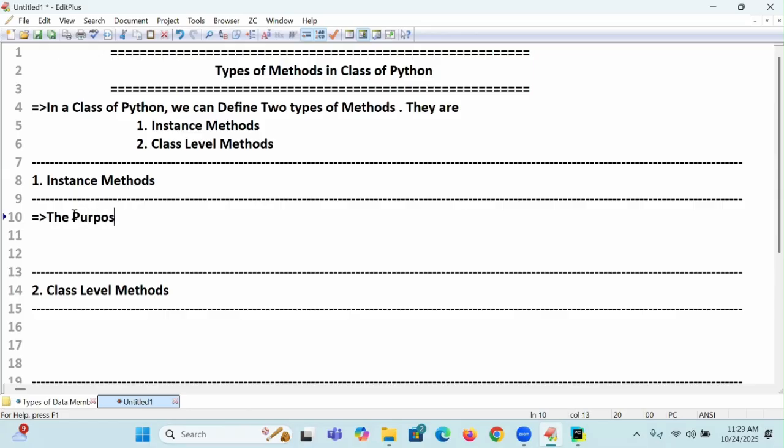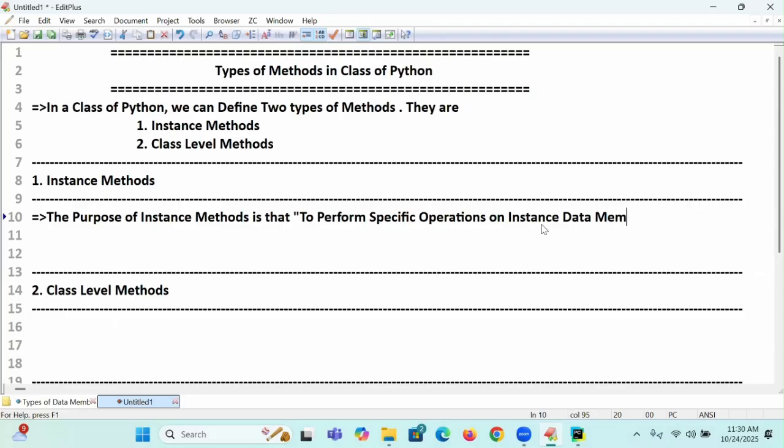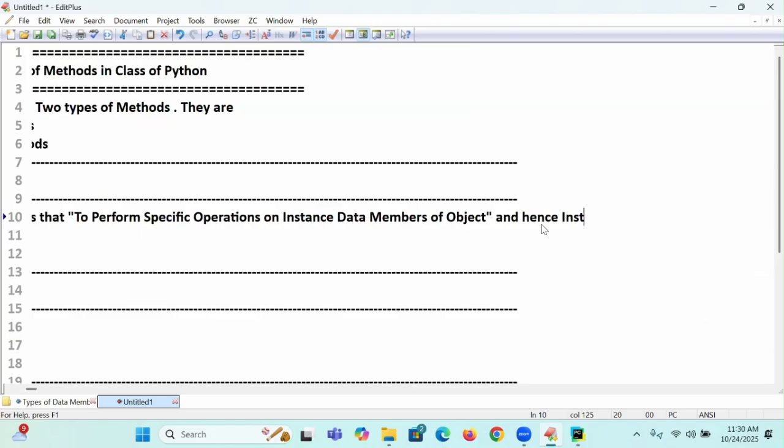The purpose of instance methods is to perform specific operations, or object level operations, specific operations on instance data members, that is, data members of the object. And hence instance methods